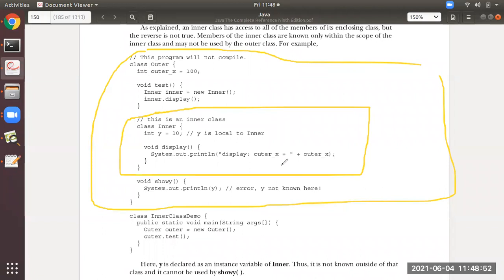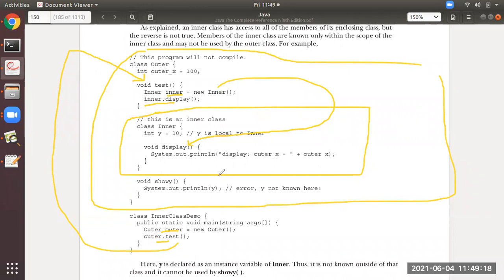Now, students, you all see here, execution starts from this outer object. Outer.test means it will call this method test. Inside that there is an object inner of the inner class. Inner.display means straight away it will call this method.